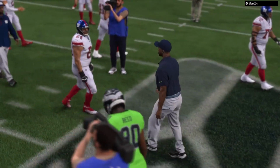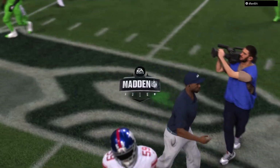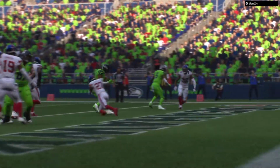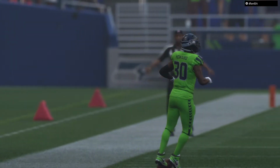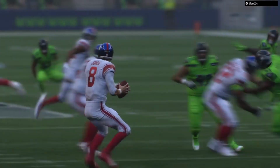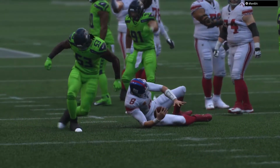And say what you want about Lumen Field here in Seattle, but for my money, this is the loudest and most difficult place to win in the league when you're on the road. It's very hard. The fan support, off the charts. The way that they make noise and understand when to make noise, they understand the game as well as anyone. And how about what we get in our media packets when we start preparing for the game? They have it in their own stuff, right? The number of offsides penalties, false start penalties that they draw